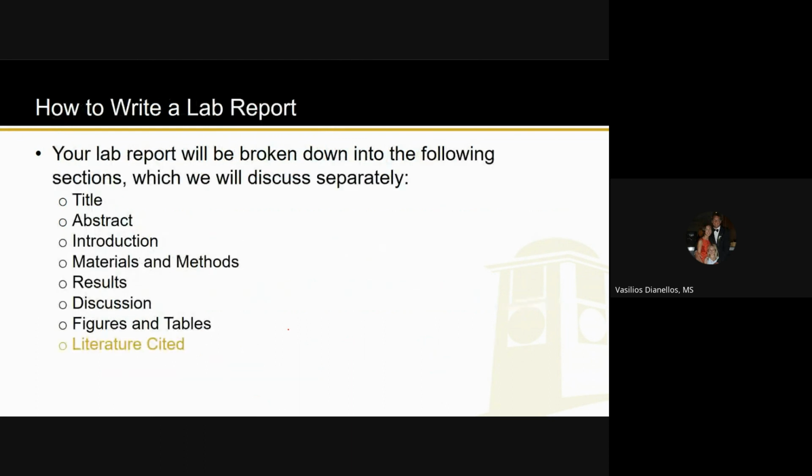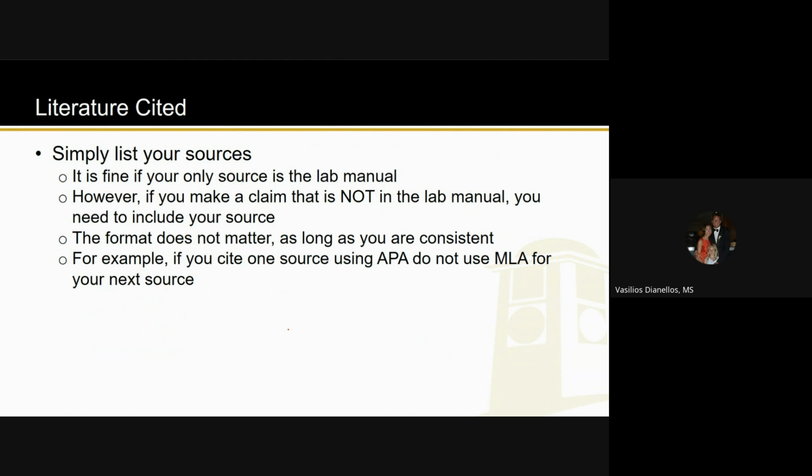And then the really, really easy section is literature cited. This should be very simple. The only thing you need to write this whole lab report is your lab, right? All the information you need is in the lab worksheet. However, if you do look out and get different sources, you just need to list them, right? So if you say something, here's a good example. If you go into detail and mention the fact that, I don't know,